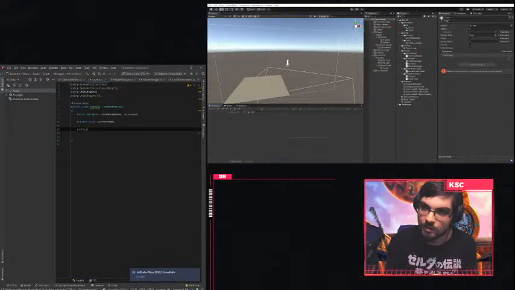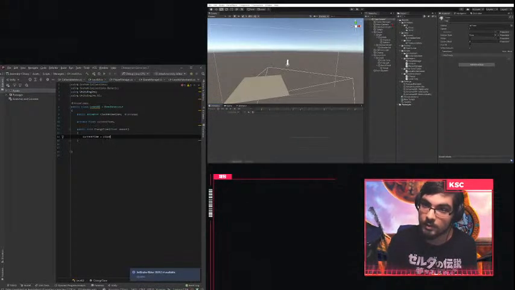And what we can do is public change time. Make this a void. Have an amount. It's my favorite. Current time is equal to clock animation dot